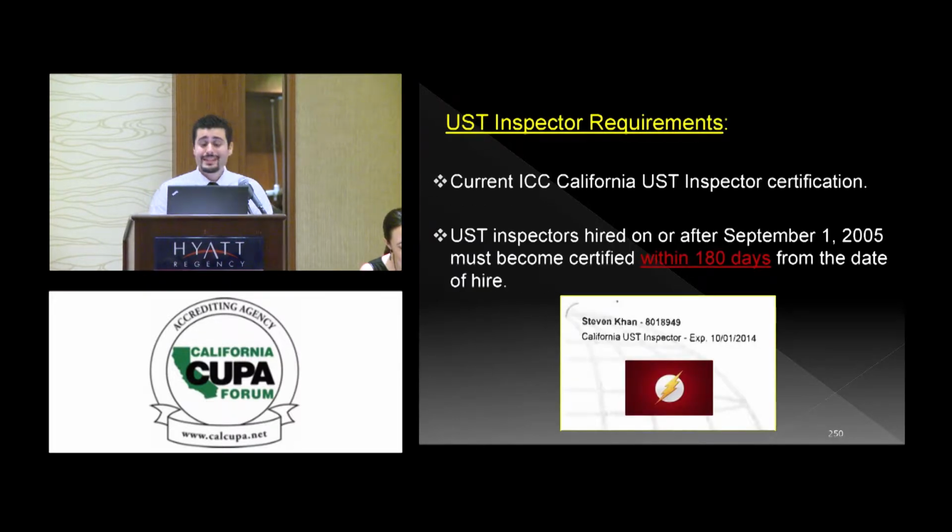When we talk about UST inspector requirements now, we're talking about inspectors being current with their ICC California UST inspection certification. Essentially, they have to be certified within 180 days from hire. So we have to maintain certification either by taking the test or satisfying the equivalent criteria by the State Water Resources Control Board